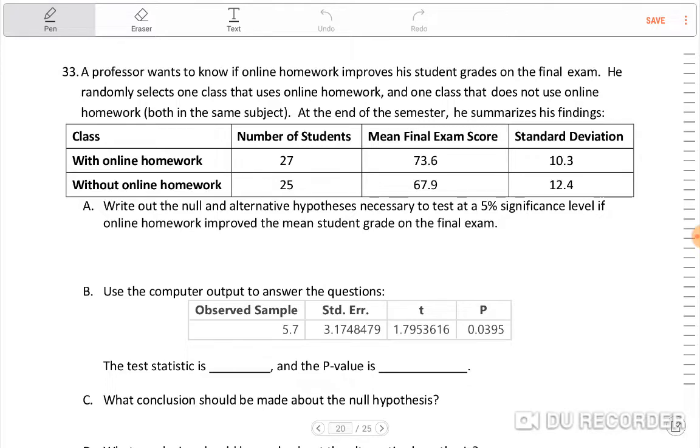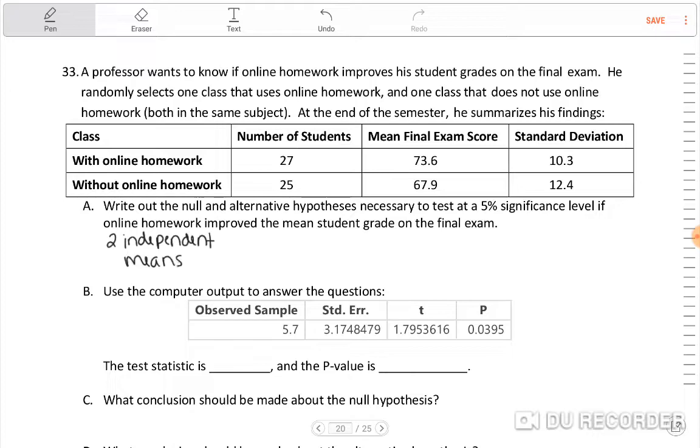So what we notice here is that we're talking about two means, and they are independent, because you have one class which is just online homework, and then you have another class without online homework. One is not dependent upon the other one. So two different samples of two different classes. So this is going to be two independent samples. So let's see here. This is going to be two independent